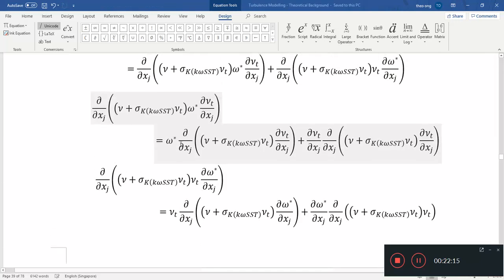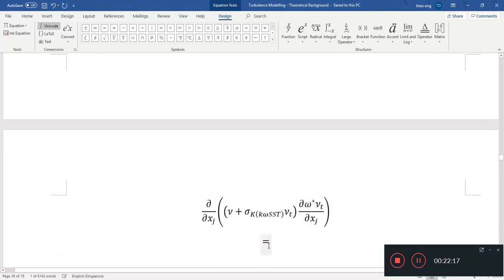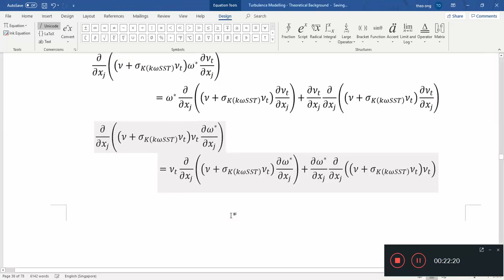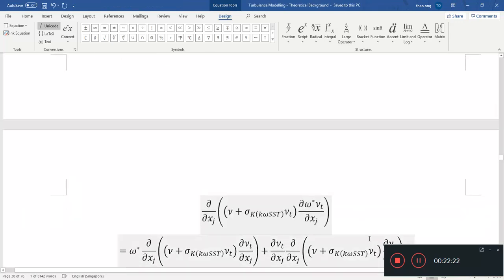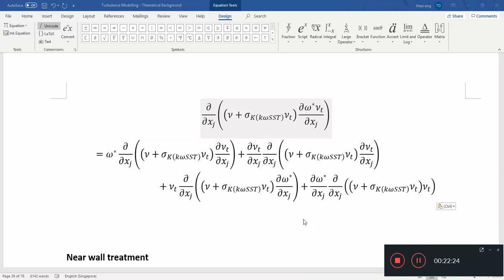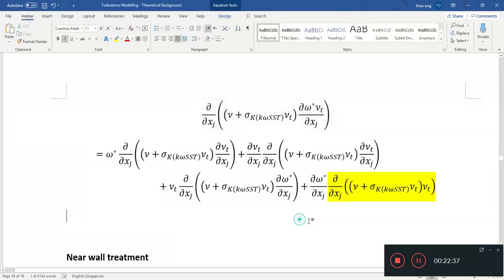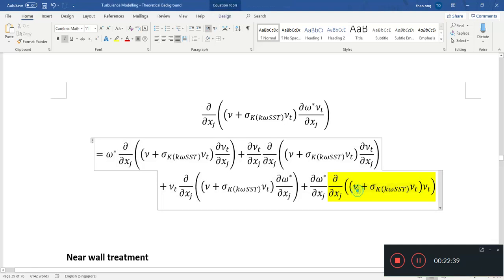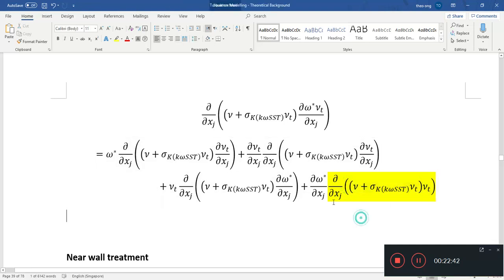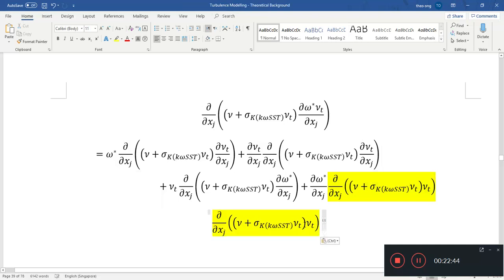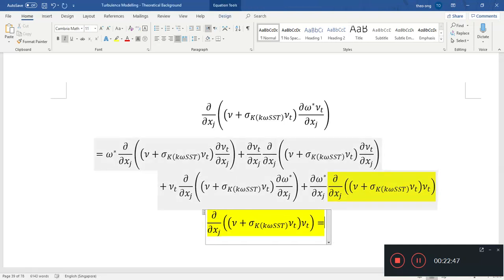Equals all of this plus all of this. Of course there will be lots of simplification, but you'll notice one thing. If you notice this term here, it actually has a nu squared dependence. See, del by del xj, and you have a nu squared, so it's equals to nabla of